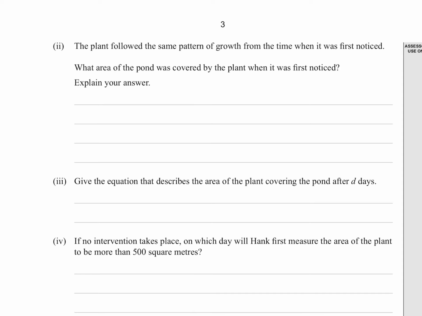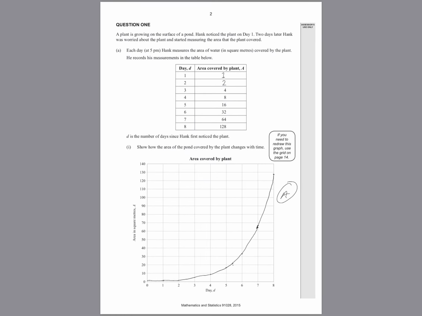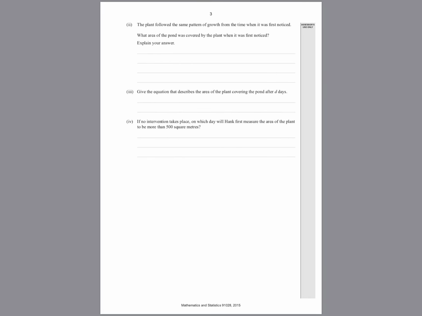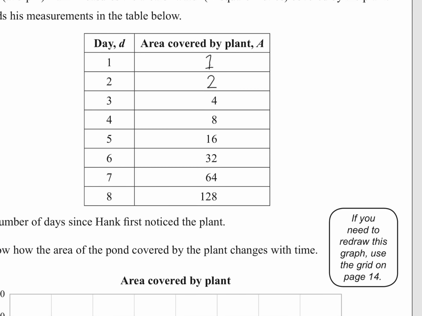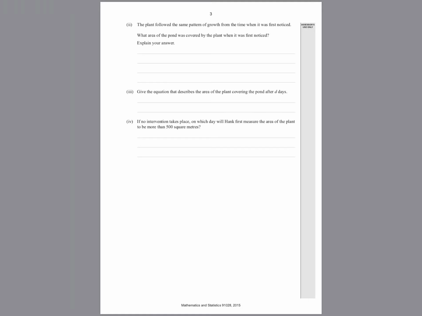What area of the pond was covered by the plant when it was first noticed? Explain your answer. So basically, when it was first noticed would mean like when Hank sees it on day 1, okay. So on day 1, Hank will come and see the plant, and on day 1 he'll start recording how much the plant is covering, okay. So basically on day 1, each day is doubling. So from day 1, if we work back from day 3, as you can see in the table, 1 meter squared is covered by the plant on day 1,